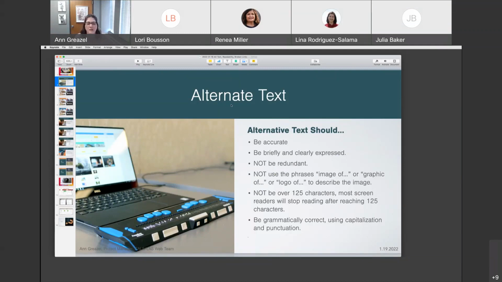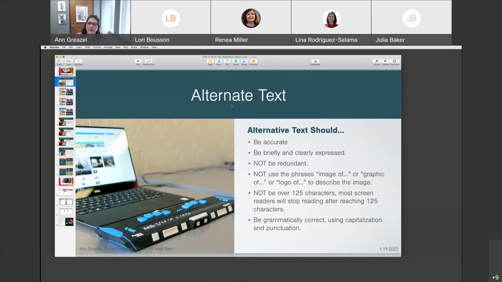There's an image here of a device that is used by those who are not able to visually see the website, but experience it through this type of technology. You can see that there's Braille, and there's also ways that this machine will be able to speak to the person that is experiencing the website, which is why we need alt text. So when folks are navigating the site and can't visually see the image, we need to put some text behind the image so that these machines can actually give a description to the person,